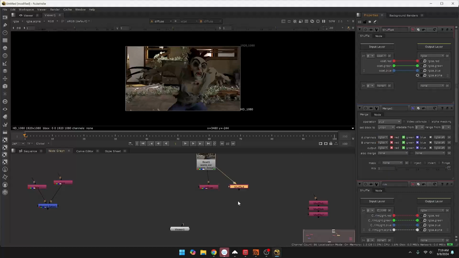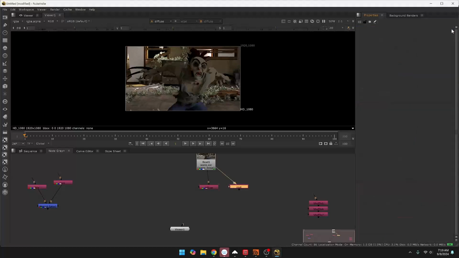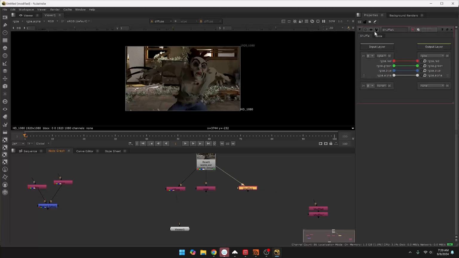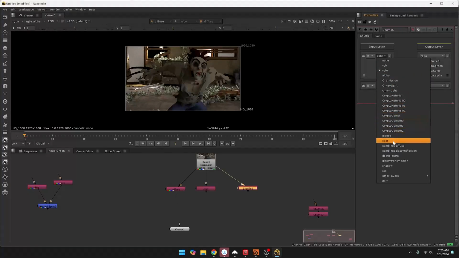I'm going to do the coat, and let's rename this coat. And like I said, when you have too many properties here, it's kind of scary to make sure that you're actually working on the same one, especially since they're all the same node right now. So I'm just going to close them out, and then I am going to double click on this one, and we had the coat,